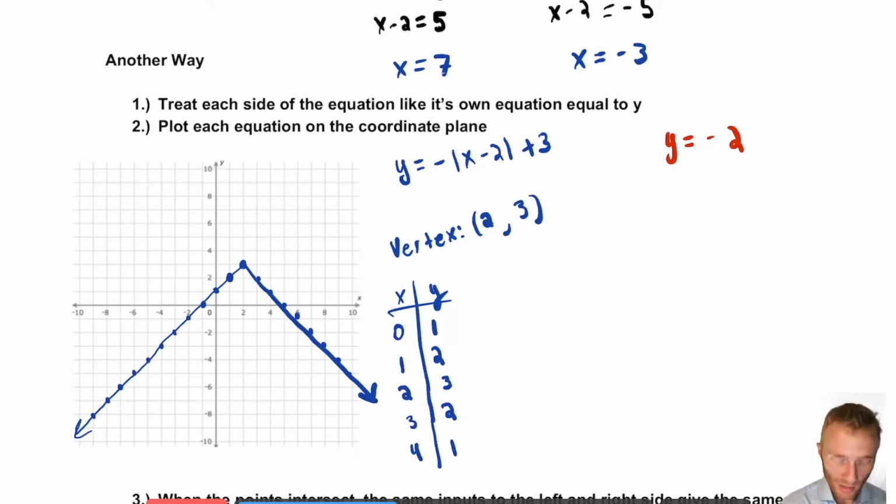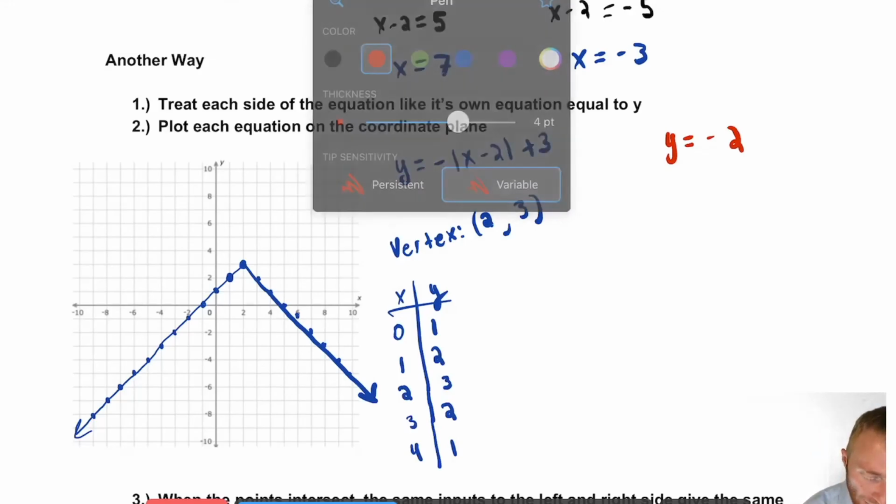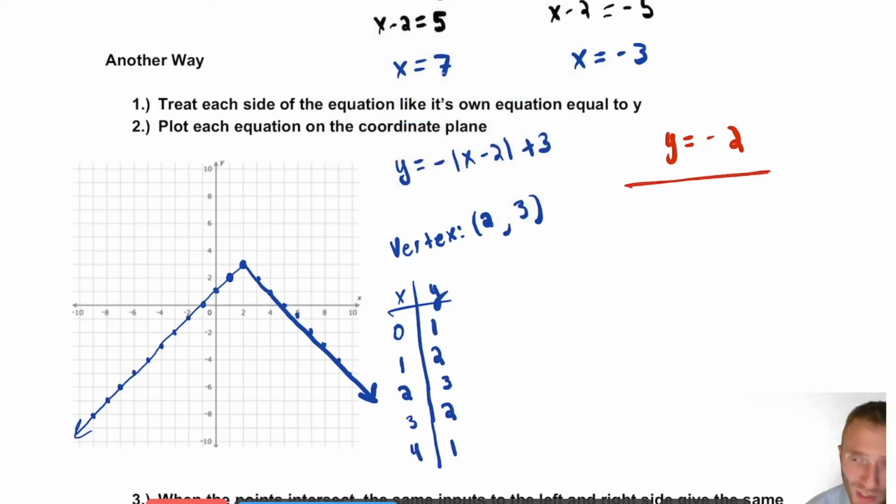So if I picked this one here, 8, negative 3, if I plug in 8 for x, I'd have 8 minus 2 is 6. Negative 6 plus 3, yeah, that's negative 3. So graphs tell you solutions, which means if we graph this second equation,